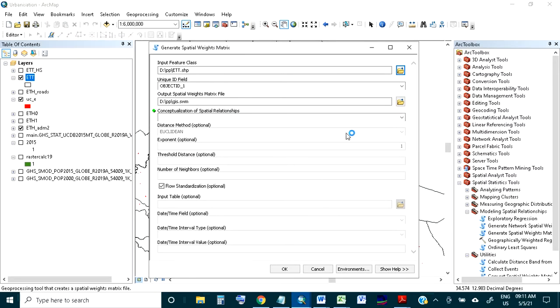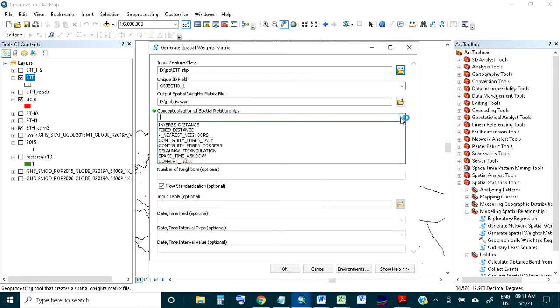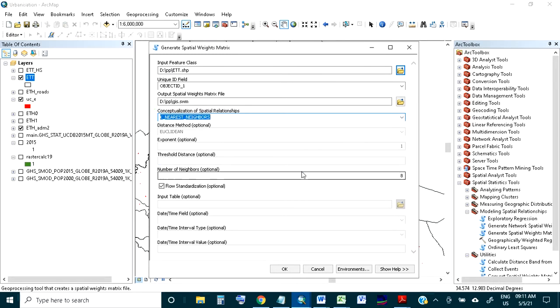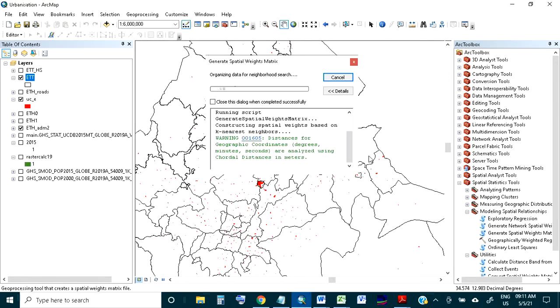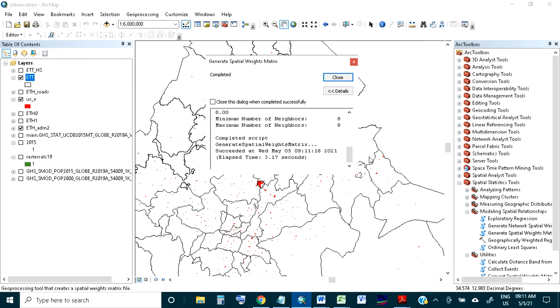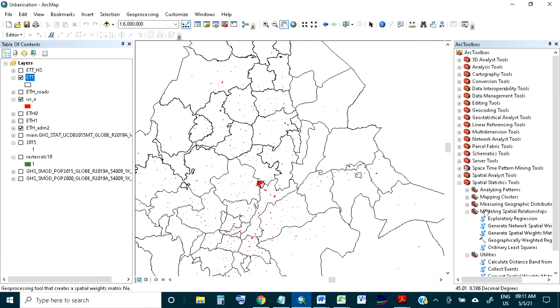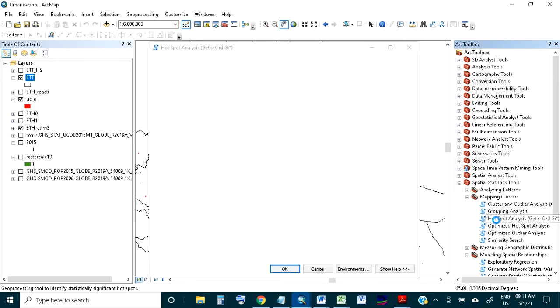Then for conceptualization I can give the nearest neighbors, how many neighbors I want. I'm giving here 8 neighbors. Okay, thereafter I will run it. Okay, then it has already generated the file. Then if I go to mapping clusters, thereafter hotspot analysis,